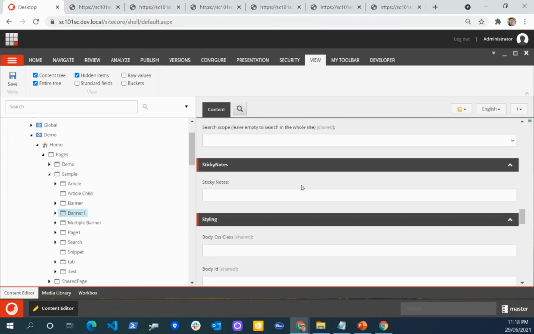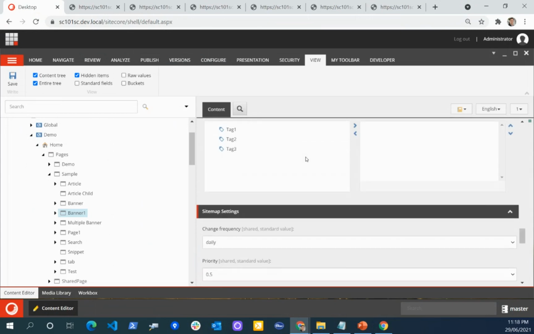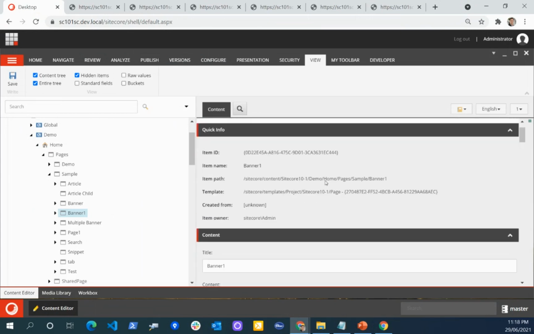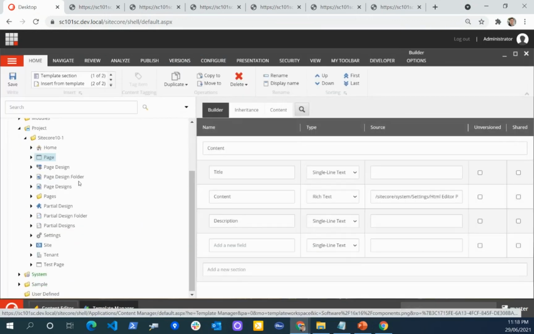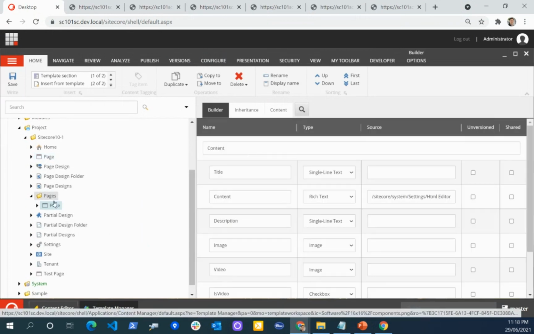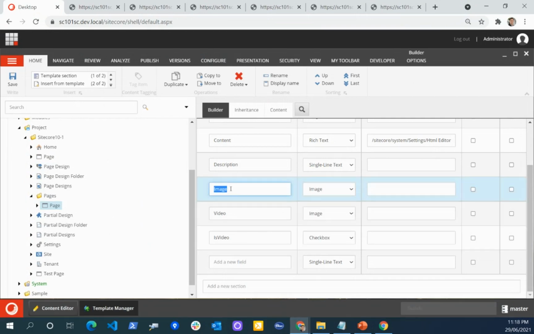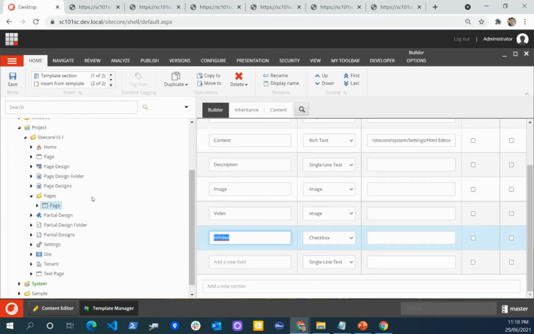I think I've created list view. Okay, so here I just created two more fields on this template, which is the page template. I created two more fields here, let's say for image and for the video, and I also created one for the tag list.